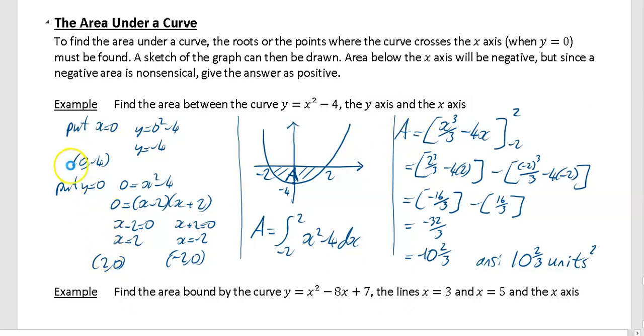Okay, just to run through that very quickly. First thing, find out where it crosses. You can omit this bit really where you find out where it crosses the y-axis, but you have to find out where it crosses the x-axis. Then you do a decent sketch